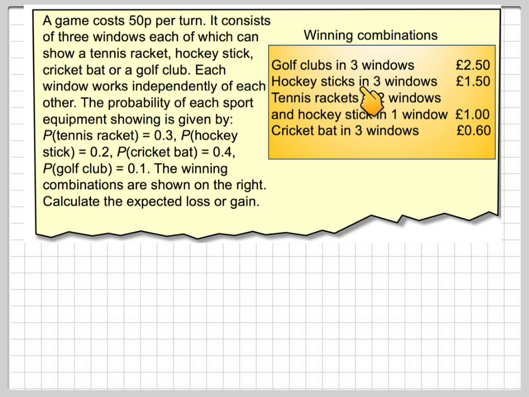So if you get a golf club in 3 windows, it's £2.50. A hockey stick in 3 windows, £1.50. A tennis racket in 2 windows and a hockey stick in 1 window, £1. And a cricket bat in 3 windows, 60p or £0.60. Okay, so if we let X be the random variable, the expected loss or gain,